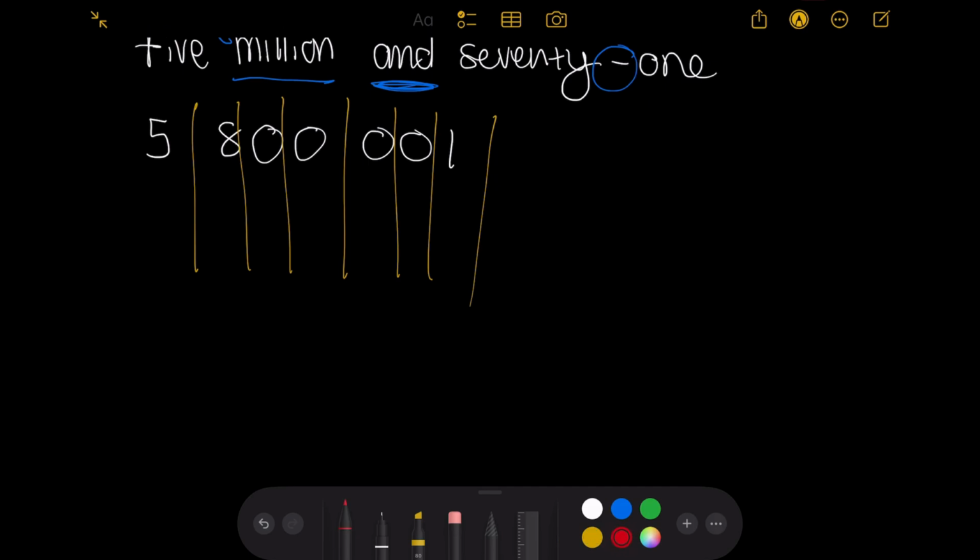So this is in the millions, this is in the hundreds of thousands, this is in the tens of thousands, this is in thousands, this is in the hundreds, this is in the tens, and that's the units. Then when I express that, I'd write it as 5 million,